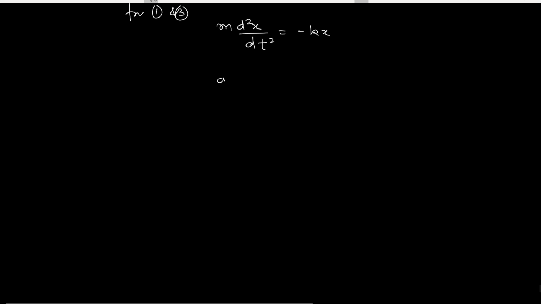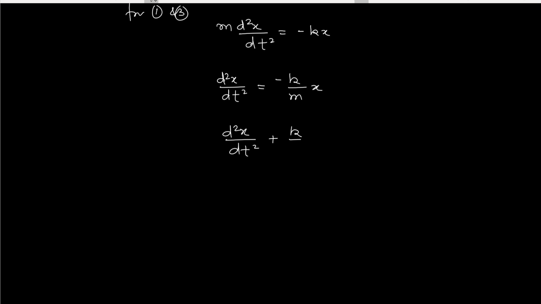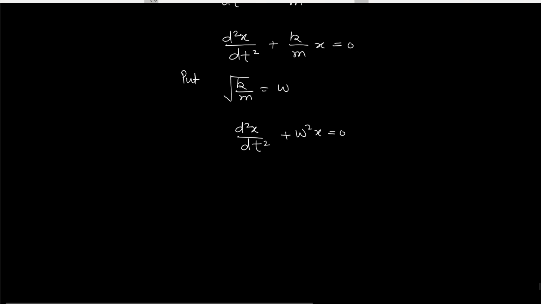So it will be minus k upon m x plus k upon m x. So if we put root k upon m equal to omega, the equation will reduce to omega square x equal to 0, and its solution is given by